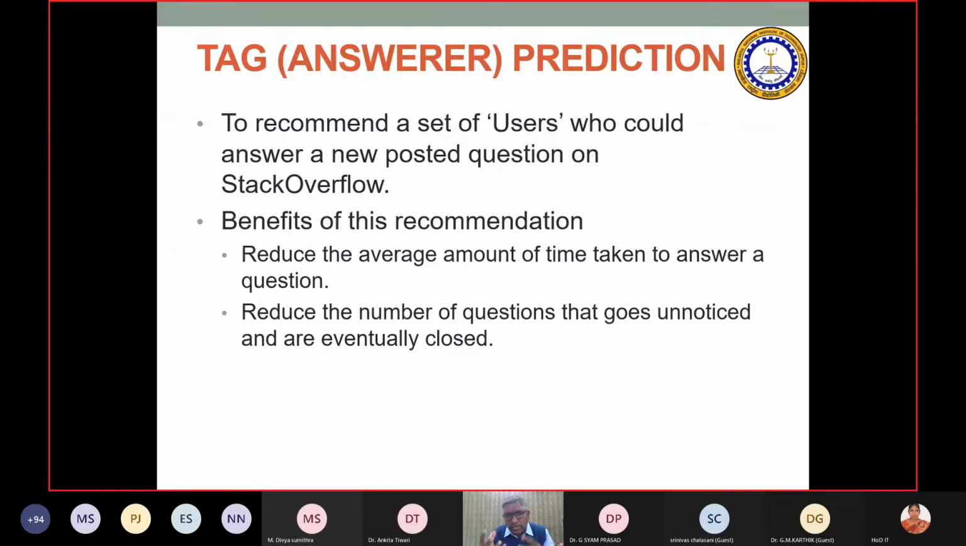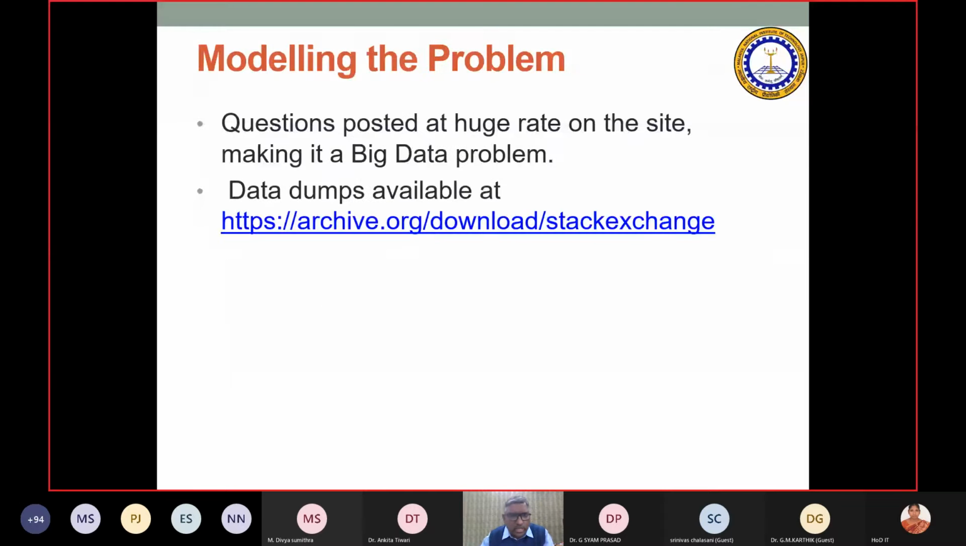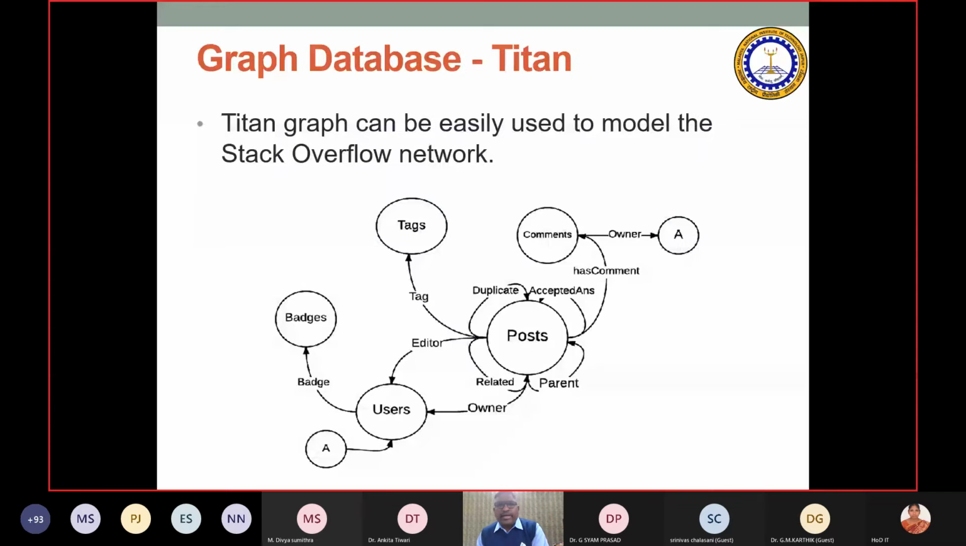Based on the content of your question and all the questions that people have answered, you can correlate them and then combine 3 or 4 authors. So this was available in an archive, and you could download the Stack Exchange data. Questions are posted at a huge rate on the site, making it a big data problem. Big data dumps are available there. You download it and you can model Stack Overflow. So you use a graph database, and then you came up with this same option of how to build it,